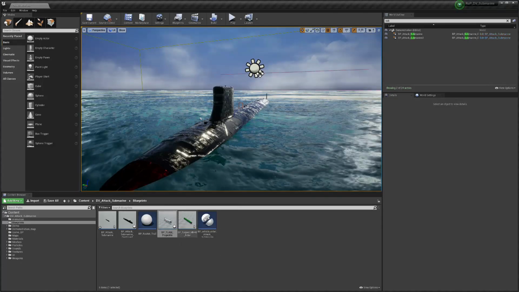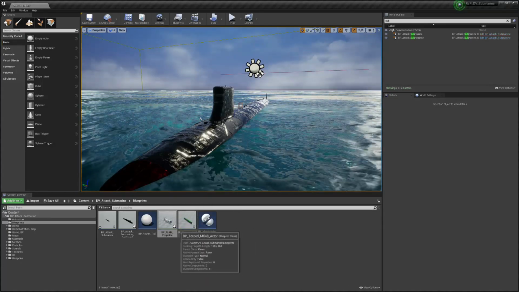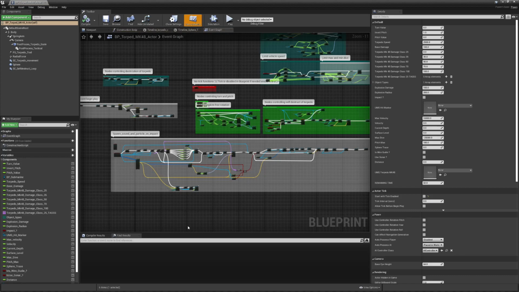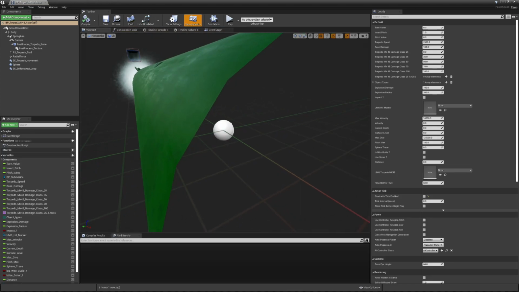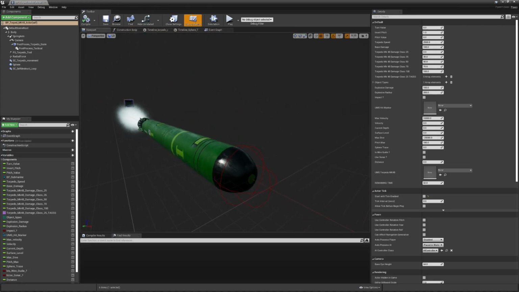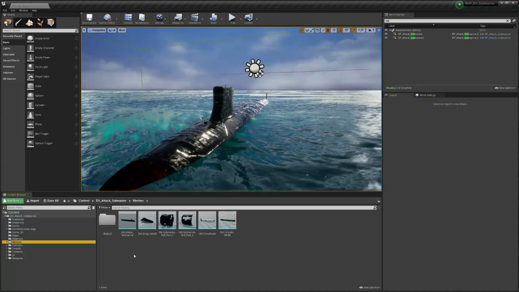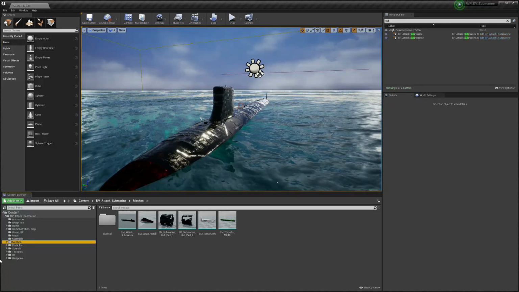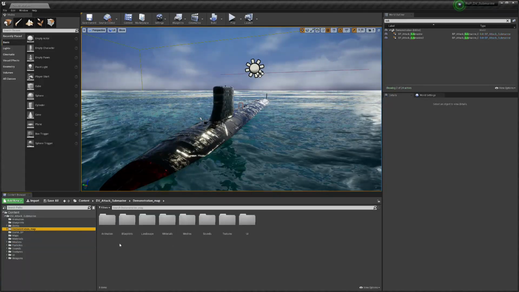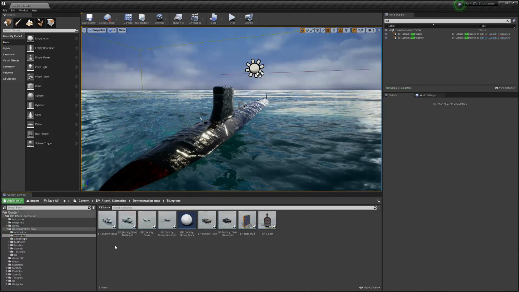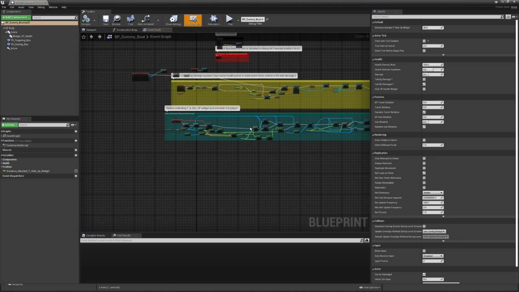Like I said, we have torpedoes here. We have, sorry, cruise missiles. We have torpedoes. It's all included here, guys. So yeah, all of my work came with missiles and torpedoes. I don't know why some people think that this is a separate thing. And we have a new blueprint also. We have this dummy boat that I created,